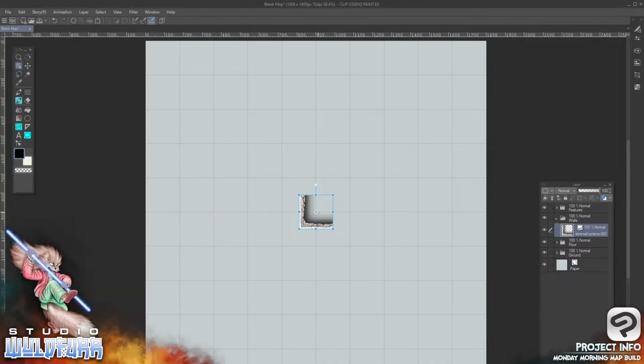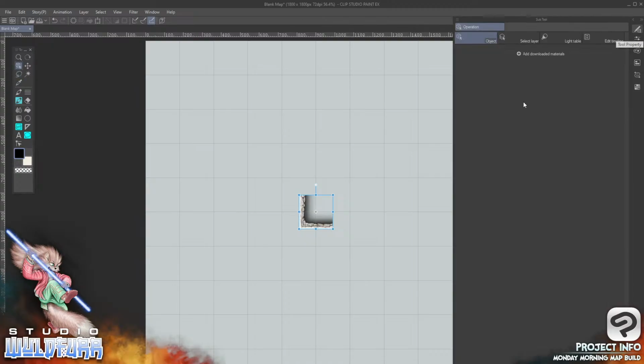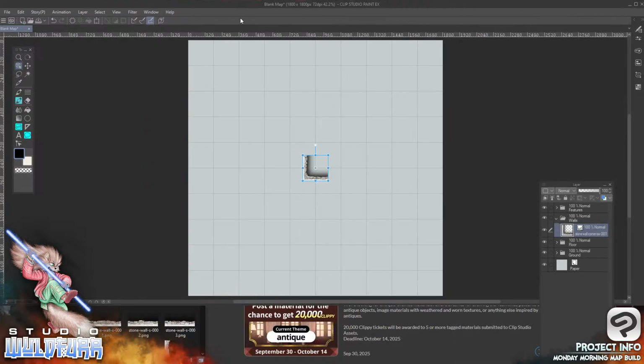Now, to move objects or layers when we've placed them, we want to use a tool called the Object tool. You can see it over here. It's also called the Operations tool. It has this little icon which looks like a box with a mouse pointer pointing at it. Now, this tool is a